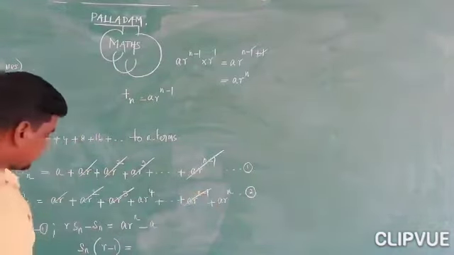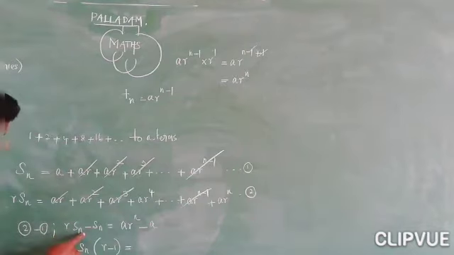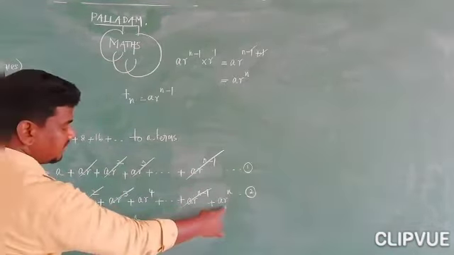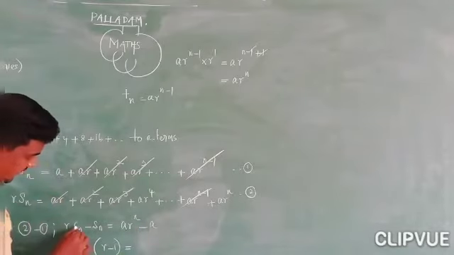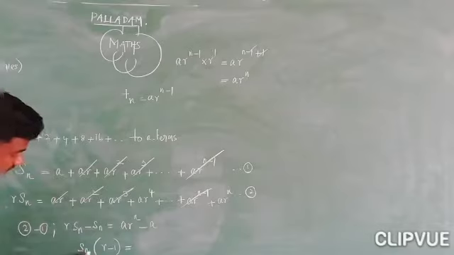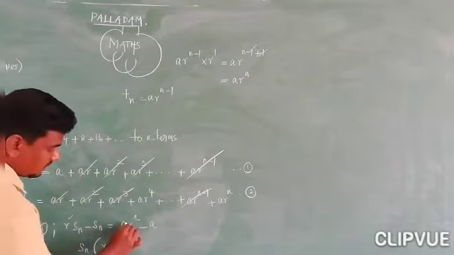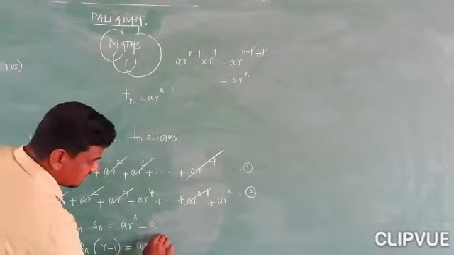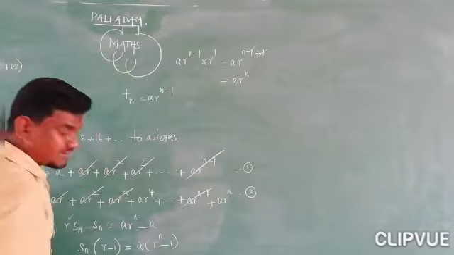So what do we have at last? So r Sn minus Sn equals a r^n minus, in the first equation we have a. So here if you take Sn as a common factor, if you take that out, what do we have? Here r minus 1 is equal to, here a is the common factor. If you take that out, you get r^n minus 1.